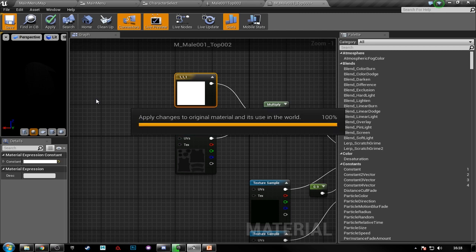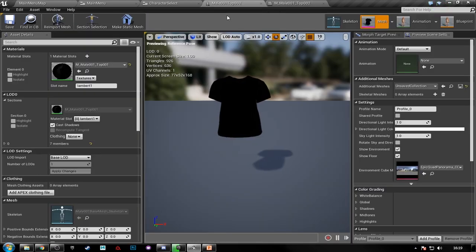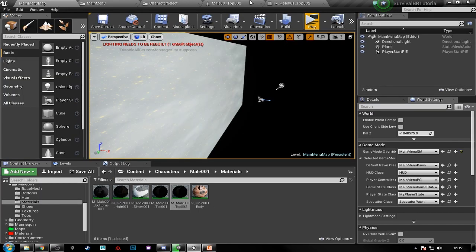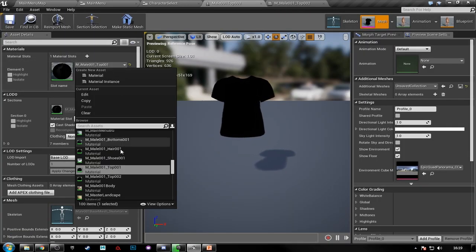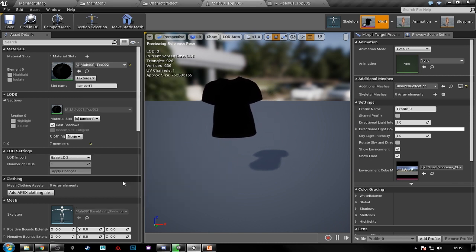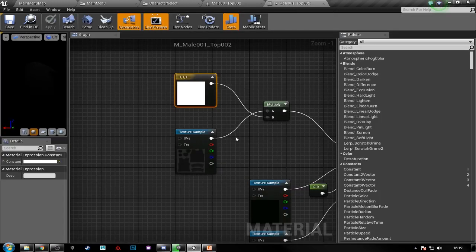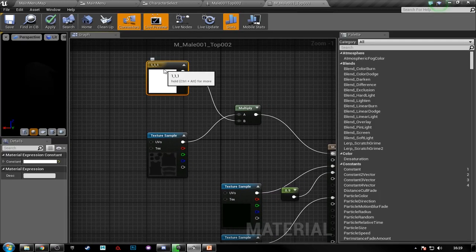We may actually have to change this to a value, so multiply this by a specific value so it brightens it up a little bit, but let's just have a look and see. So we have our top 002 here. Let's change this to our male 001 top 002 material. As you can see, it didn't really do anything,